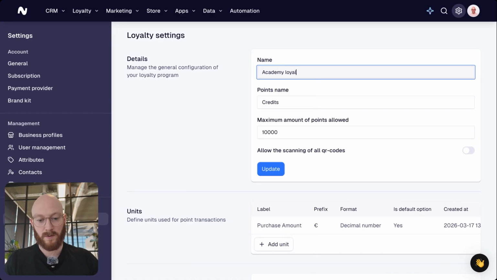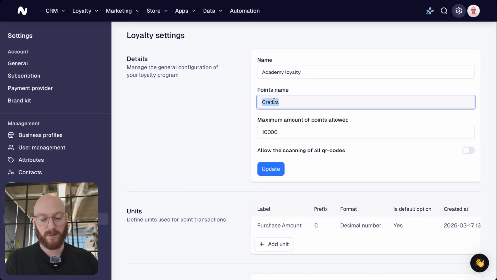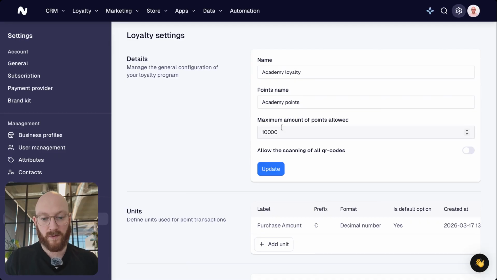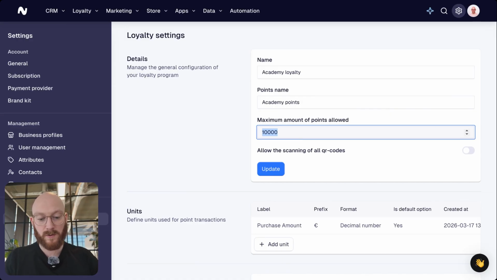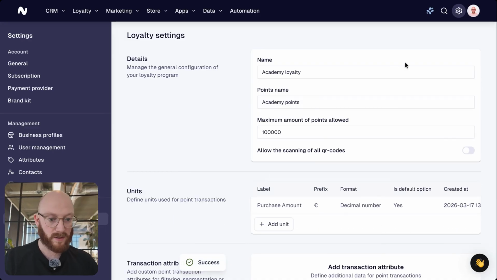So I can change mine to Academy Loyalty, for example, and then I can call this Academy Points. And then for the maximum amount of points allowed, the absolute maximum is actually just one under 1 million. So it's 999,999. So if you want to have almost unlimited points, then that's what you can set this to. Otherwise, you could also set it to something like 100,000, for example. And then once you've configured those settings to your liking, you can hit update to make sure that they're saved